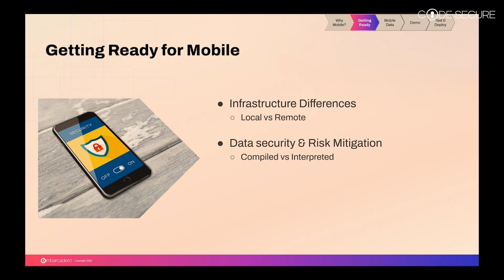Then we have data security and risk mitigation. We have compiled versus interpreted code. What does this mean? We need to know that FireMonkey applications are fully compiled. We're delivering binary, so we are not creating some sort of HTML wrapper that we hide behind an app. This is in case you have been playing around with technologies like Cordova or Xamarin. What you pretty much do is create a website and then put a web view in the application,